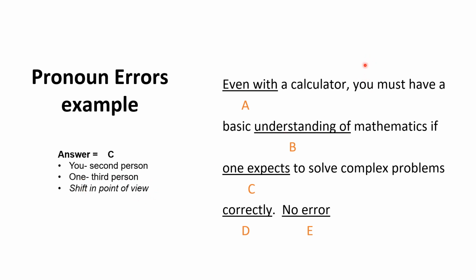Sometimes, writers use I and then mag-shift sila sa you sa second paragraph. First person and then in the second paragraph, second person. So there is a shift in point of view. Point of view in a written material should be consistent. If you will be using the first person pronoun, use the first person point of view. Okay, if you're using the first person point of view, it has to be consistent all throughout. If it is second person point of view, it should also be used all throughout your written output. If it's third person. Okay, so be aware of this usual error as well.